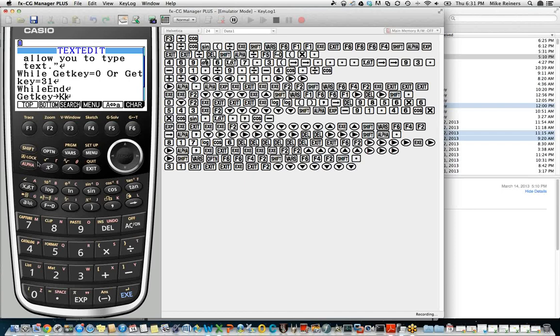But we're not going to need alpha, so we'll exclude the alpha key, and then we're going to exclude the exit key. And you can see there's lots of keys on here that don't have the letters. So we need to exclude all of those and say those are not valid keys to be pressed.